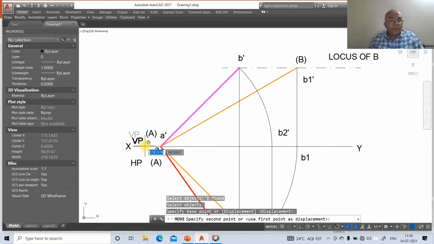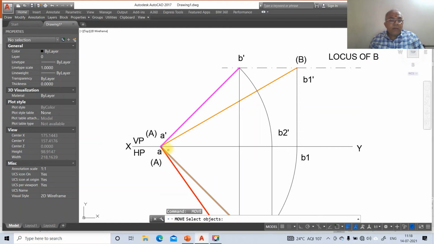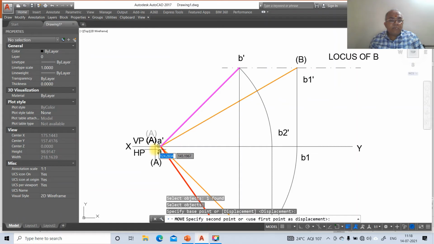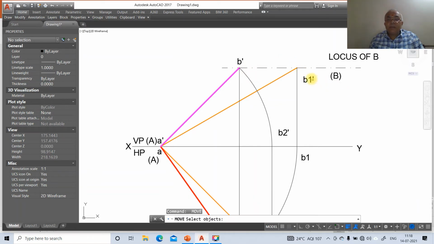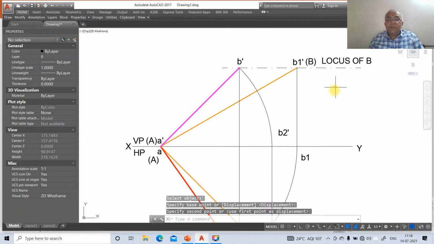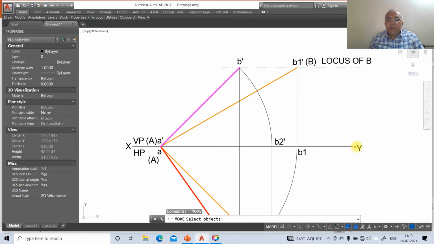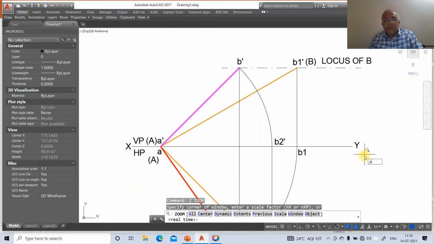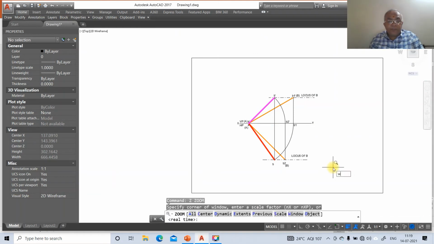VP, HP and this is small a, and this is a dash, and this is a capital A, and this is also capital A, and this is B dash, and here this is B1 dash, this is capital B, and this is locus of B, and this is B2 dash, and this is B1, and this is capital Y. So this distance is zoom window.